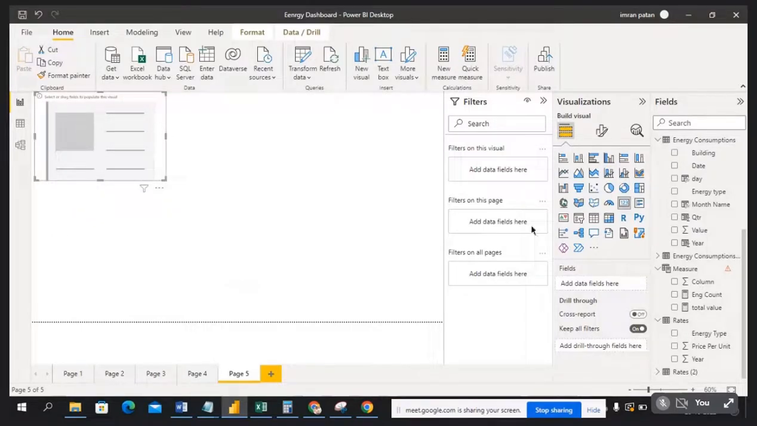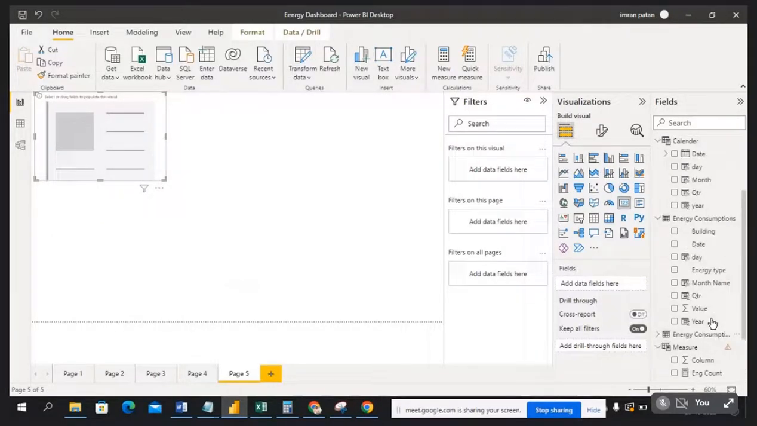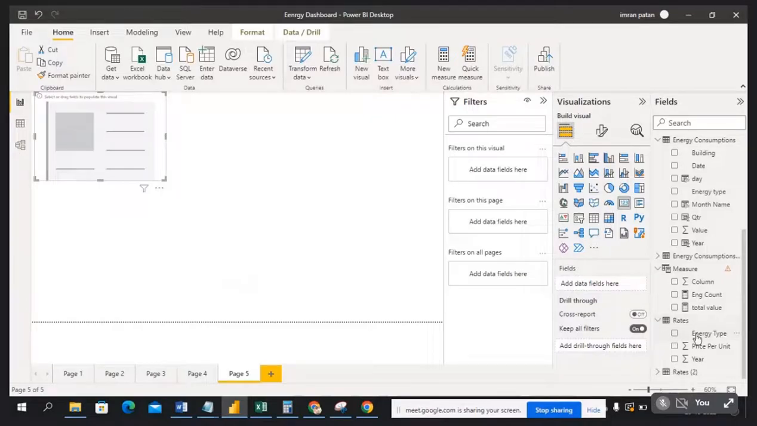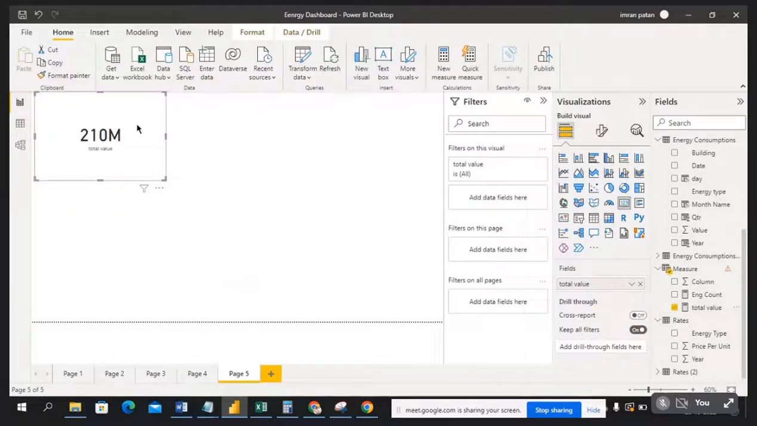In this card I am taking this measure, guys. Where is that measure? I already created the measure. In this measure, take total value, drag and drop here. Whenever you drag and drop here, you can see the total value. I mean, for this card I'm using this total value. Next,